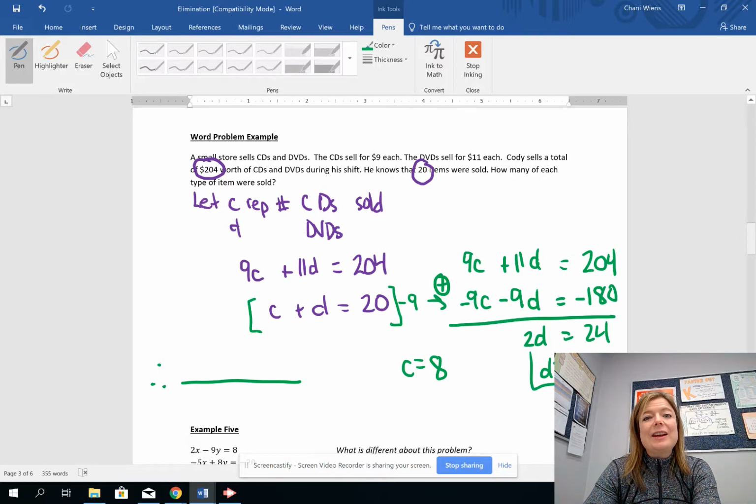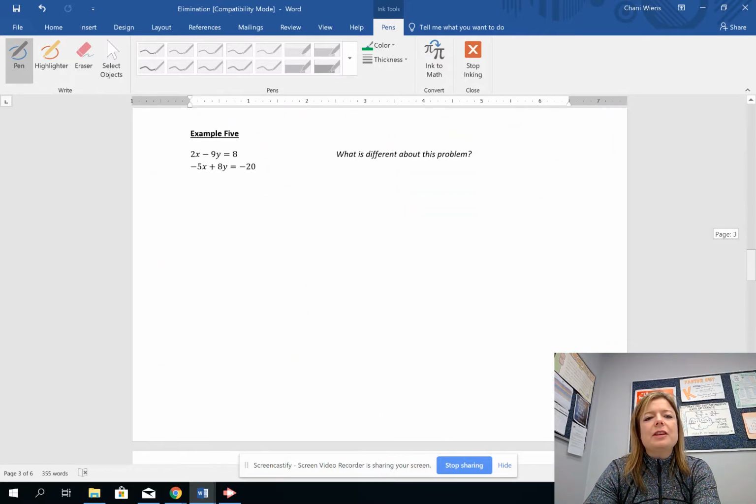Hello everyone. Today we are continuing the method of elimination. We will have a bit more complicated examples. So let's get started. Okay, so first of all, let's take a look at this and think what is different